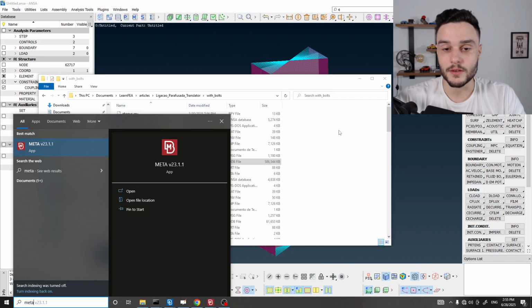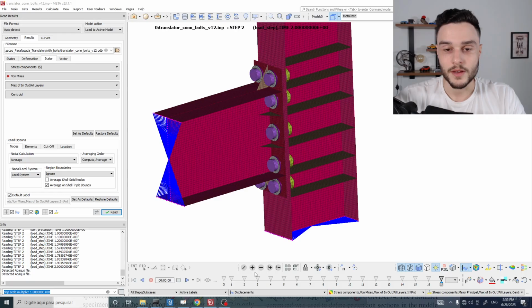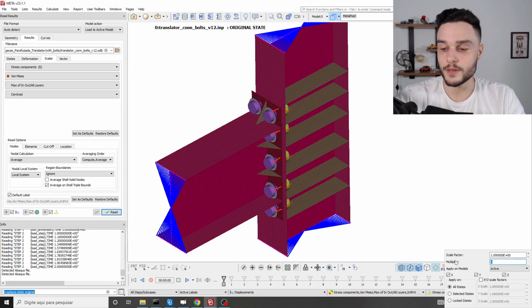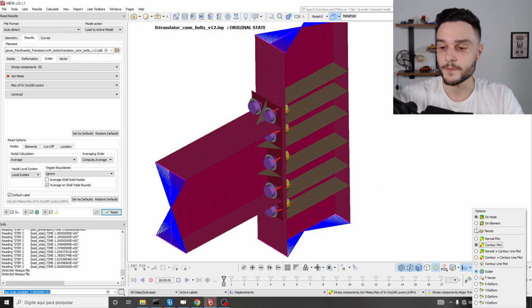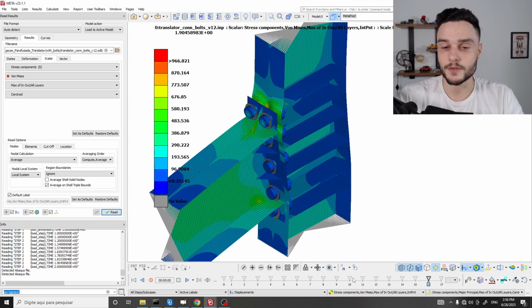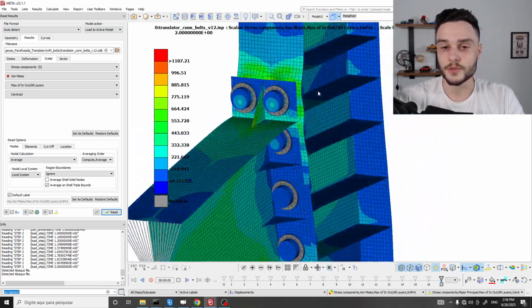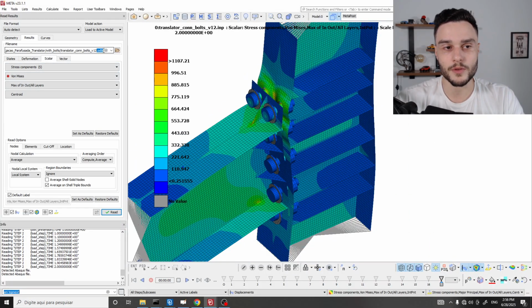And then this software is specialized on post-processing. And then I have here, for example, that model opened in META. And then, for example, I can plot, let me amplify the deformation by 30 times so we can see better how this is deforming. I'm going to plot the stress, for example, and I'm going to animate this and look at how this deforms. So anyways, we can post-process the results in this software by using the file with extension